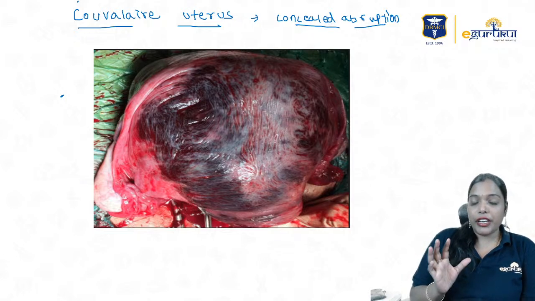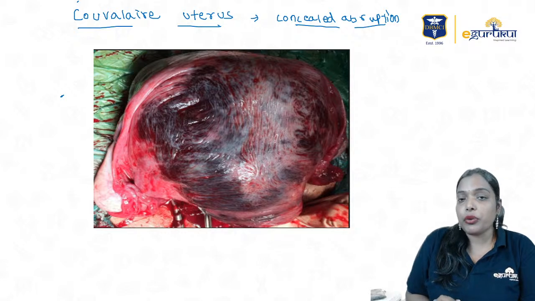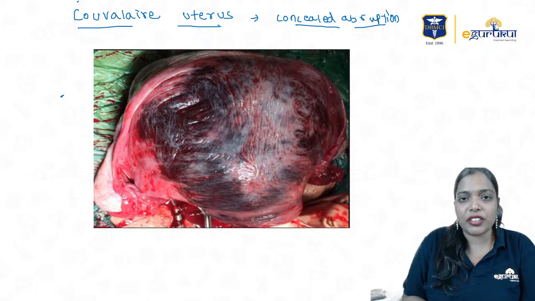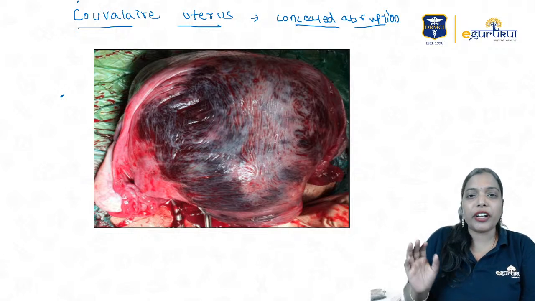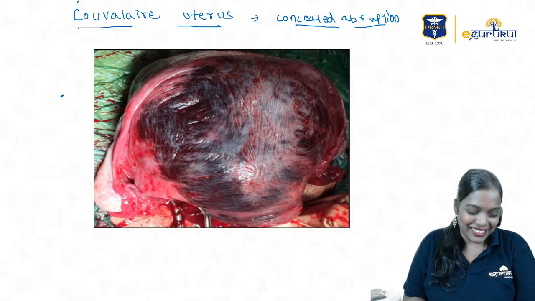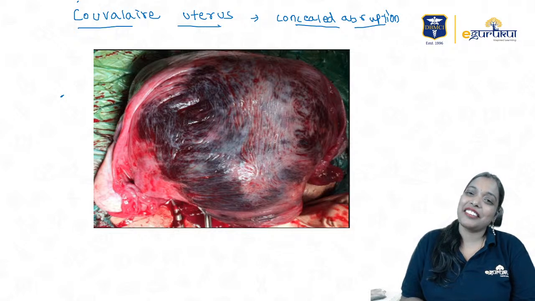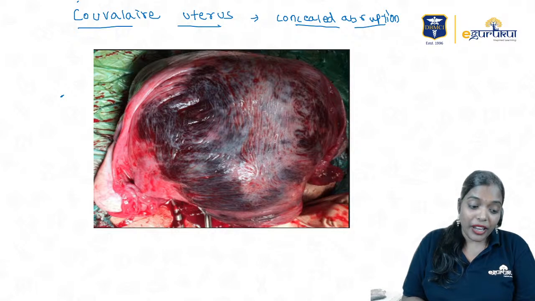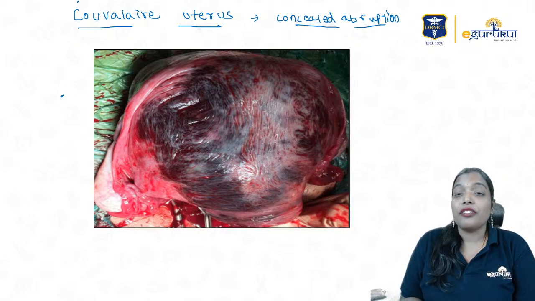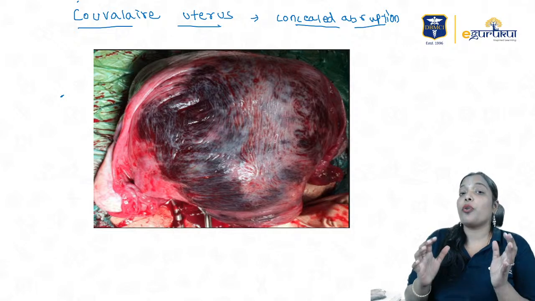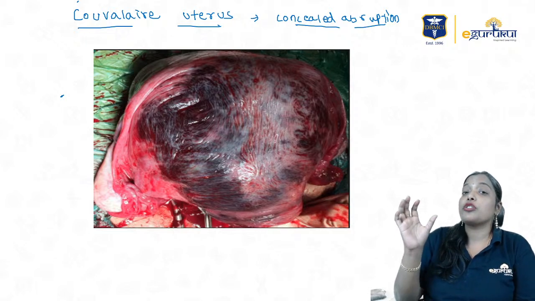Very good. So when you do a USG, you're seeing the placenta near the internal os. What will be the counseling you will do for her? Will you jump and tell her, oh my God, your placenta is down, you will bleed to death and all? Obviously not. What will you suggest? You can wait and watch. Why? Because with the growing uterus, the placenta can also move up.